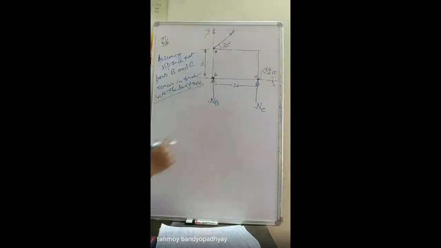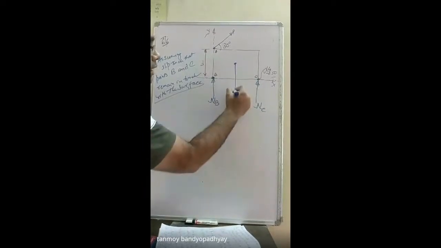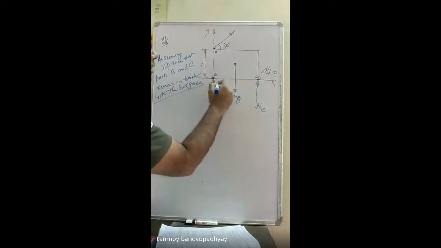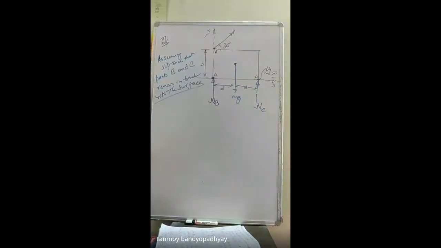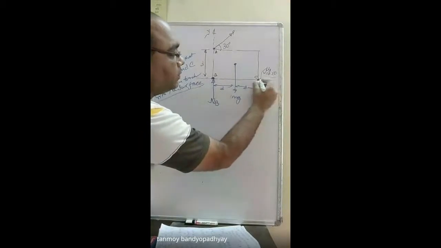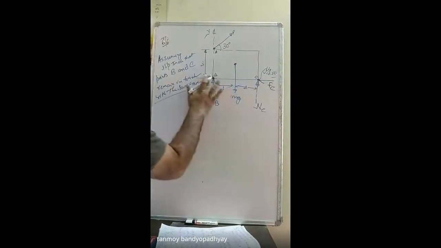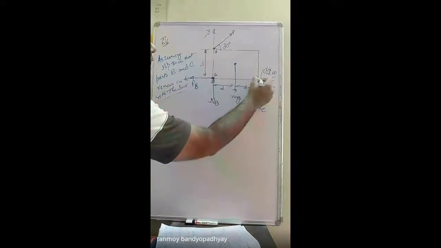So what are the forces acting now? There will be the weight of the body acting downwards. So this is mg, this is 2d, so this will be d, this will be d. And what else? Frictional forces will be there. I'm trying to pull the body in the positive x direction, so there will be two frictional forces. In this direction we'll have one frictional force, let this be Fc, and in this direction another frictional force, let's call it Fb. So these are the forces acting on the body.